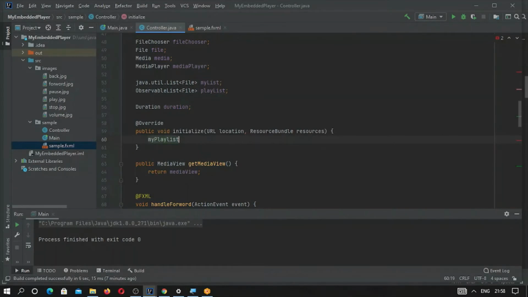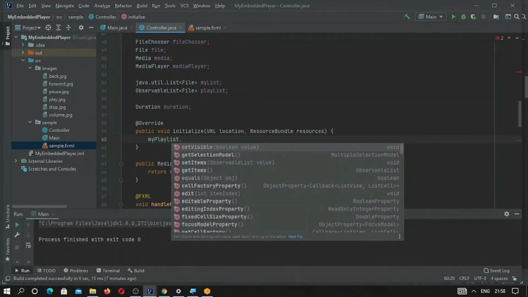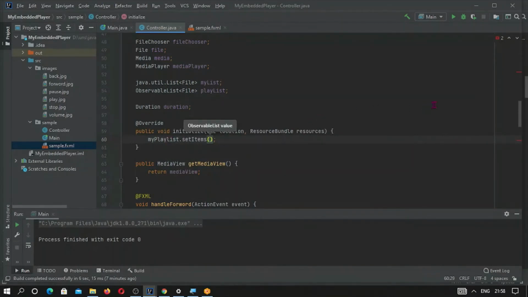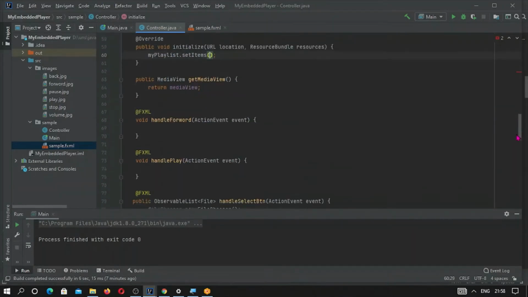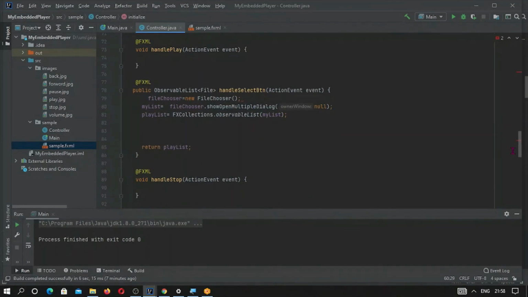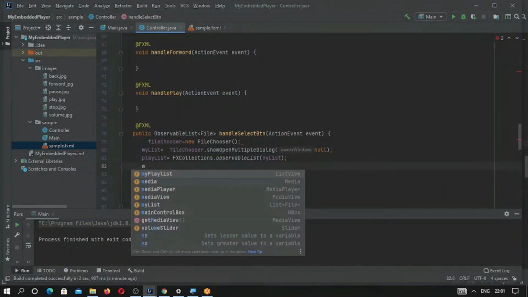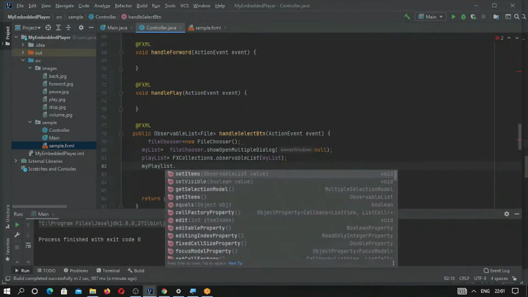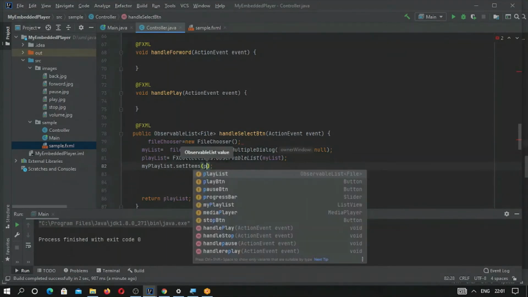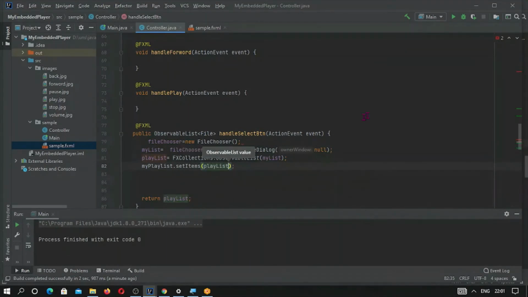Playlist dot set items, and what is our playlist observable, which we have returned from this one, playlist. Now it is populated, so my playlist dot set items. Let me see and run it again.